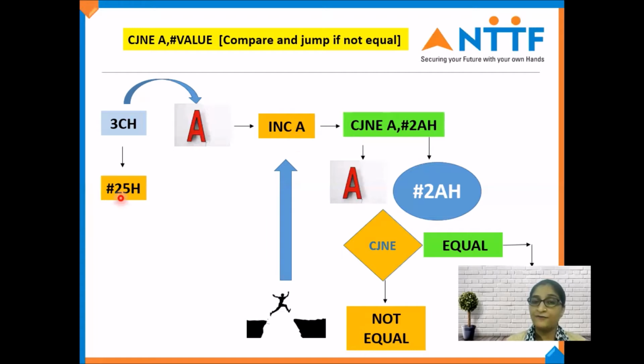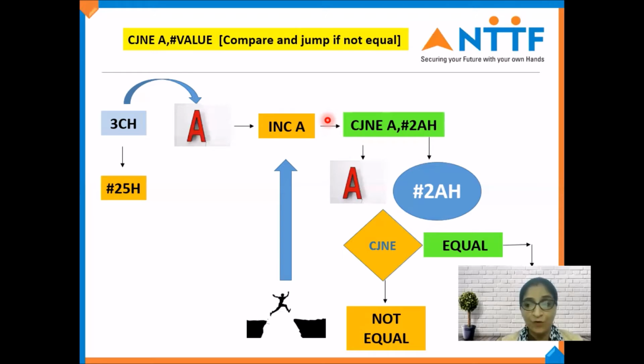Suppose it's 25. When we move this to the accumulator and we do INC A, that value is 26, right? So here we have to check that after doing the increment operation, the value present in the accumulator is equal to 2A or not, right?